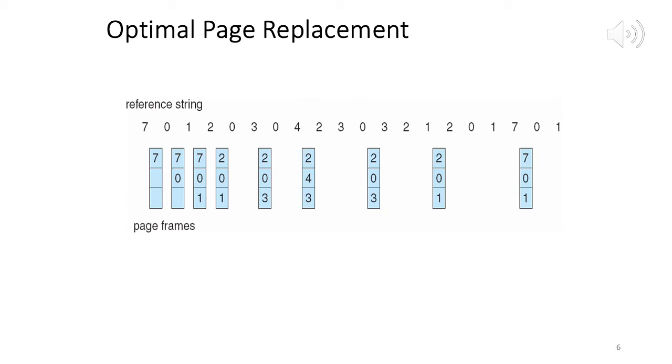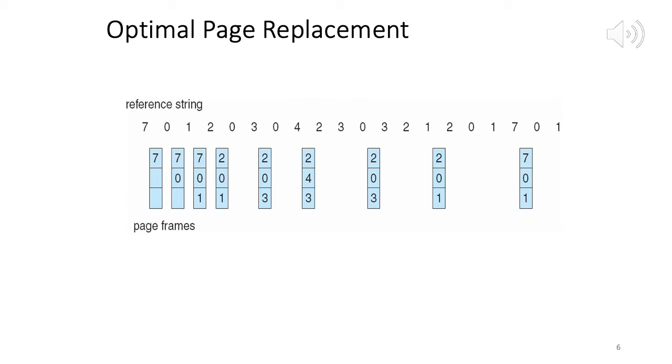Okay, so now I am on slide 6, and now we see the working of the optimal page replacement algorithm. So as we said, if we have a crystal ball and we can look ahead, then which page do we replace? We replace the page which is not going to be used for the longest amount of time. Okay, so sounds like a good policy. So let's see. Initially we saw the same reference string.